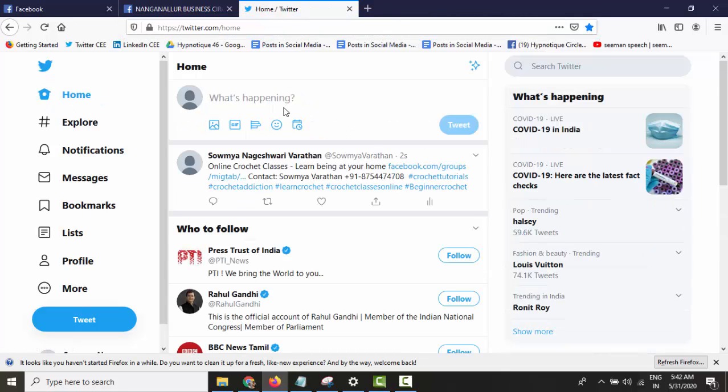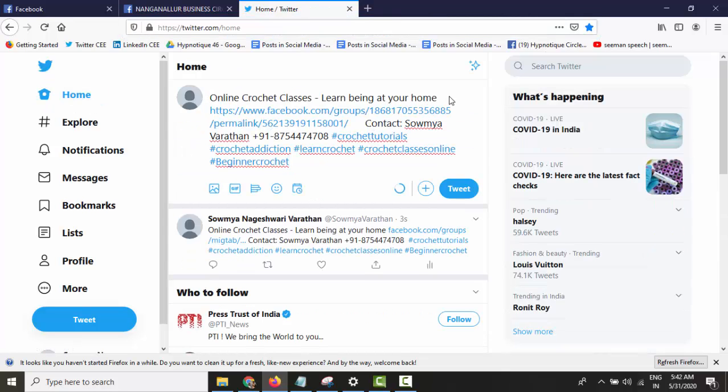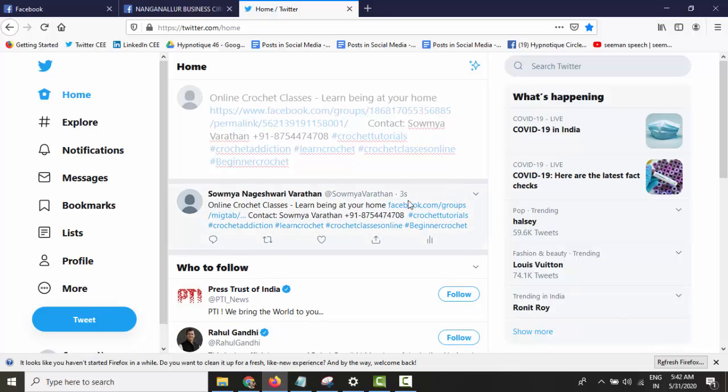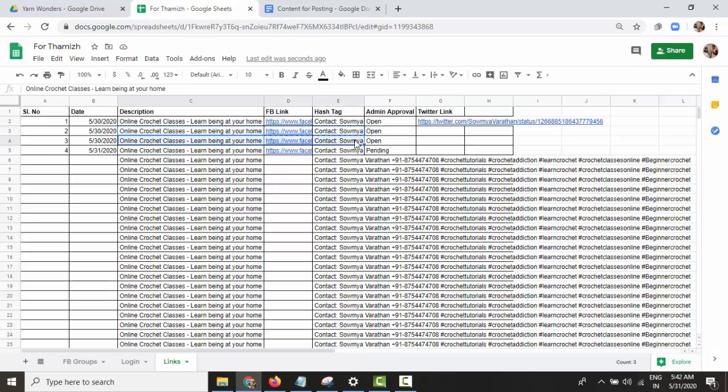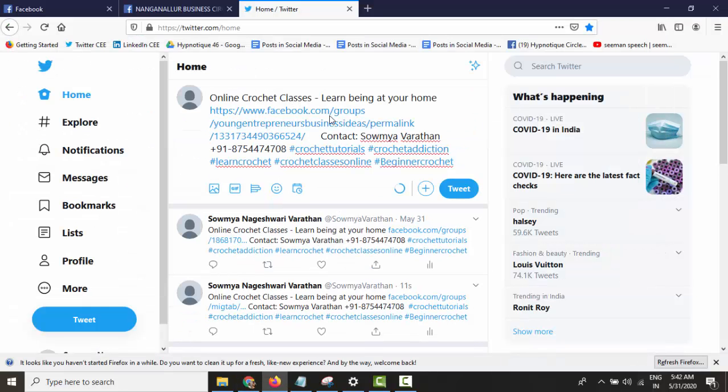Come here, post it. After the description, leave a space. After the link, leave a space. Here, let me not give the space before the hashtag. Let me see what happens. Yes, everything is working fine, but this space is mandatory after the description and before the link. Now you will take the link from here, or if you want, you can post all 5 and then take the links after that also.